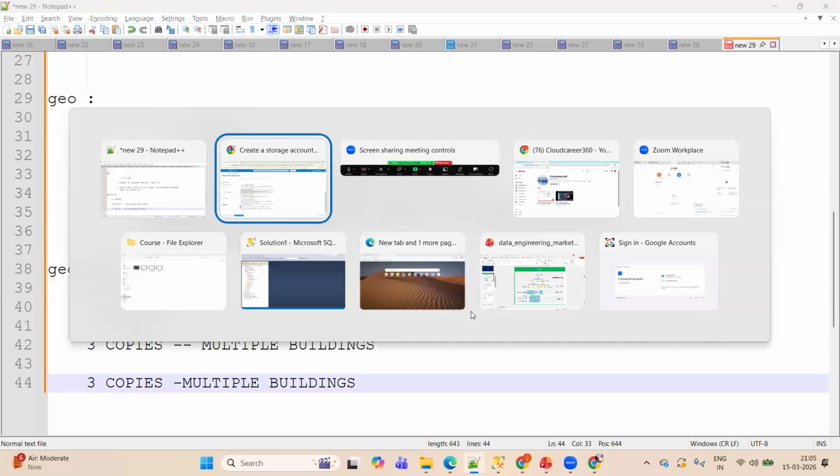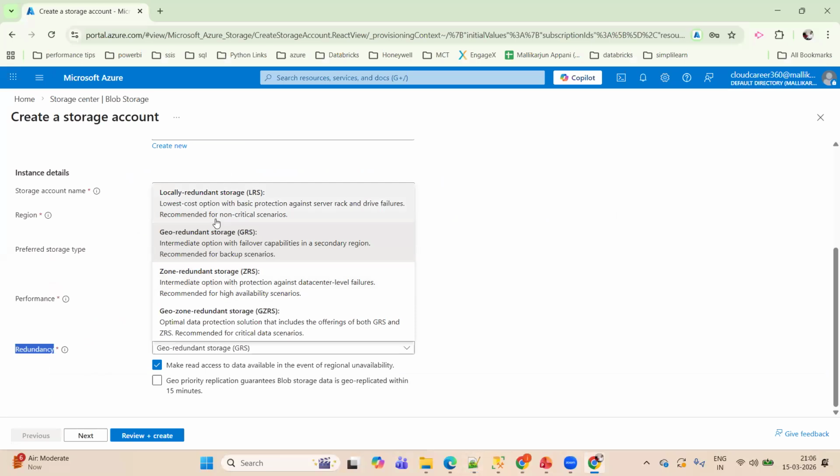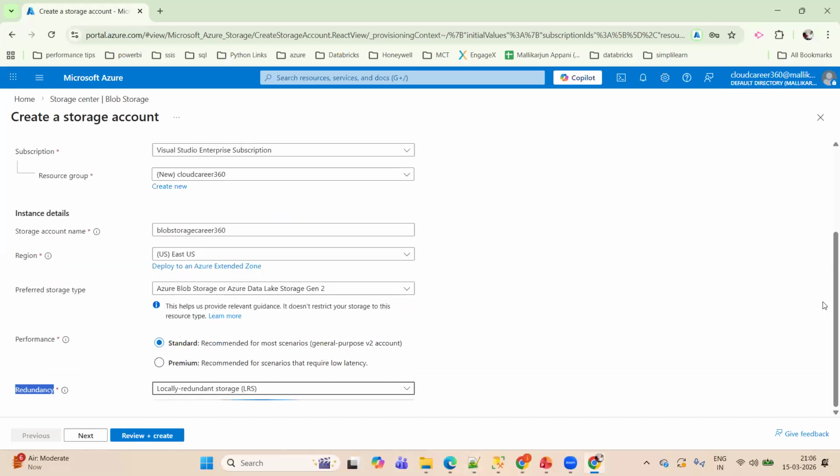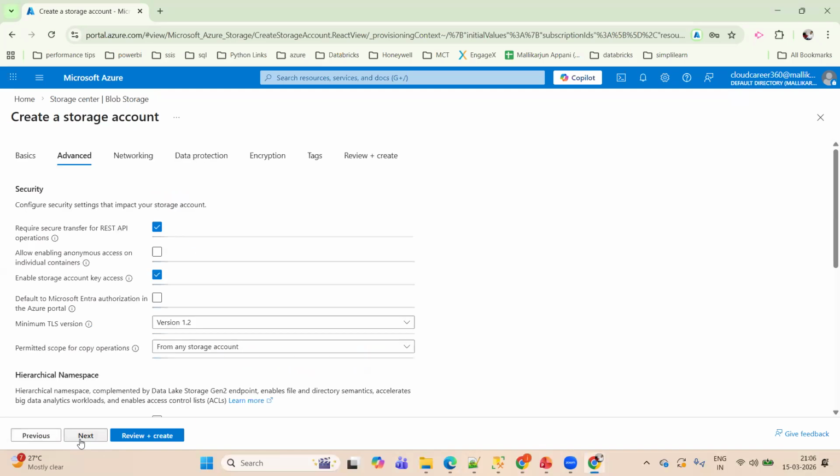Now, if I go back and choose local for cheaper storage, I don't want to spend many bucks on my project, so I'll go with local. But in real time, they will choose based on the project sensitivity. The zones can be divided, these are the redundancy options. And if I go to the next tab,